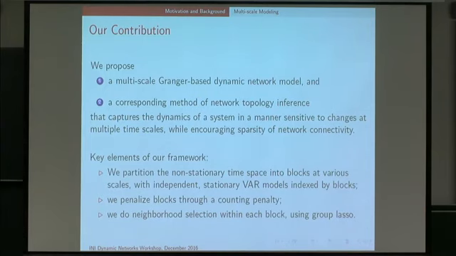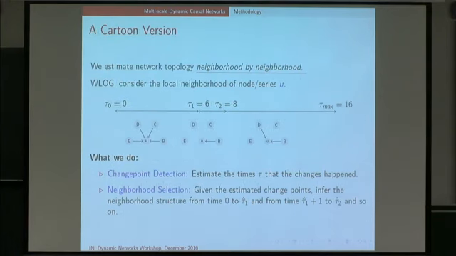No? Okay, so let me show you with a toy what we're doing here. We are first of all going to take a neighborhood by neighborhood approach. This is going off the original Meinshausen-Bühlmann neighborhood selection type approach, so we're going to do the same thing here. Without loss of generality, let's say we're always talking about a node U, and then you would get your network by taking the union of all these different neighborhoods.